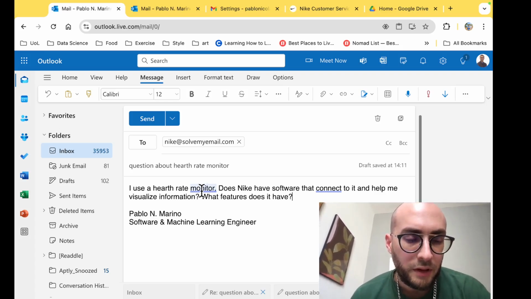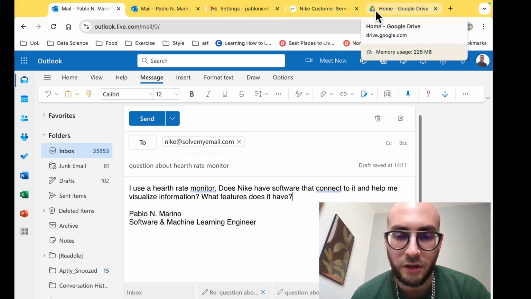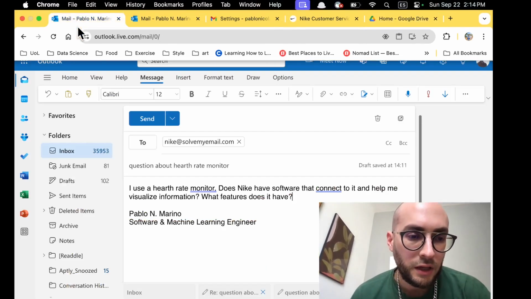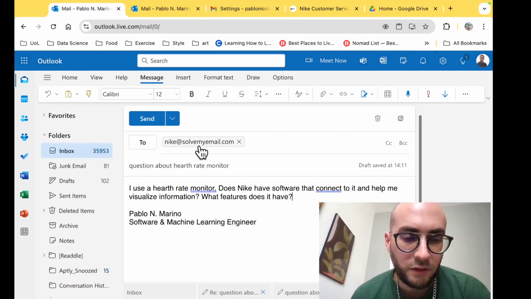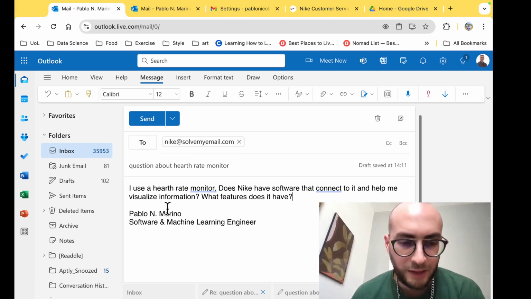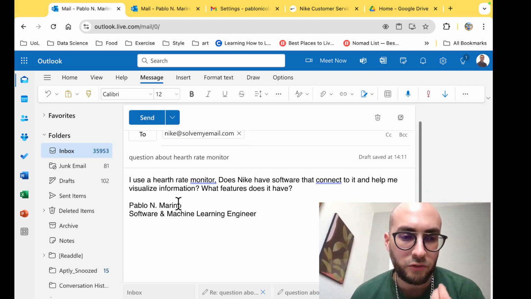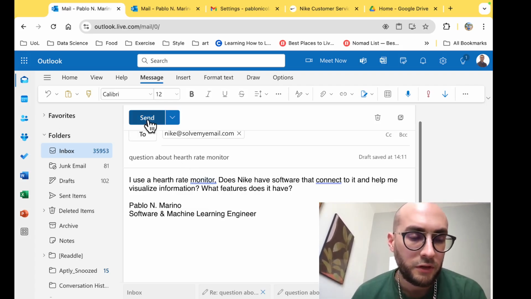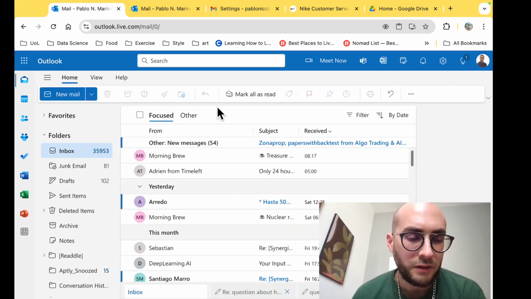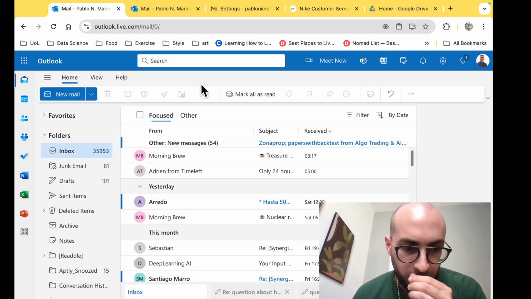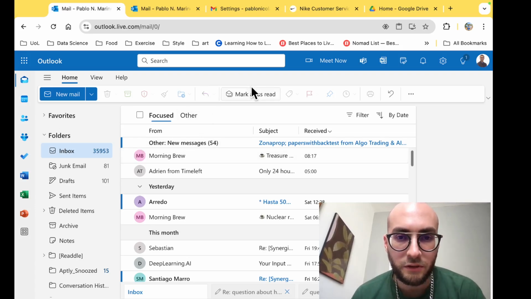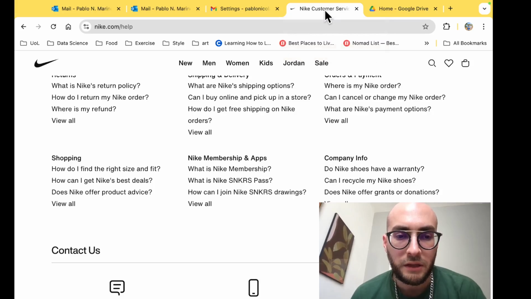I have set up a bot for Nike's help page in this PDF, in this email address, nike@solvemyemail.com, and I am simulating an email from a customer asking about a product, a heart rate monitor. So let's send the email and see what happens. We have to wait a few seconds. Meanwhile, I will make the comment that